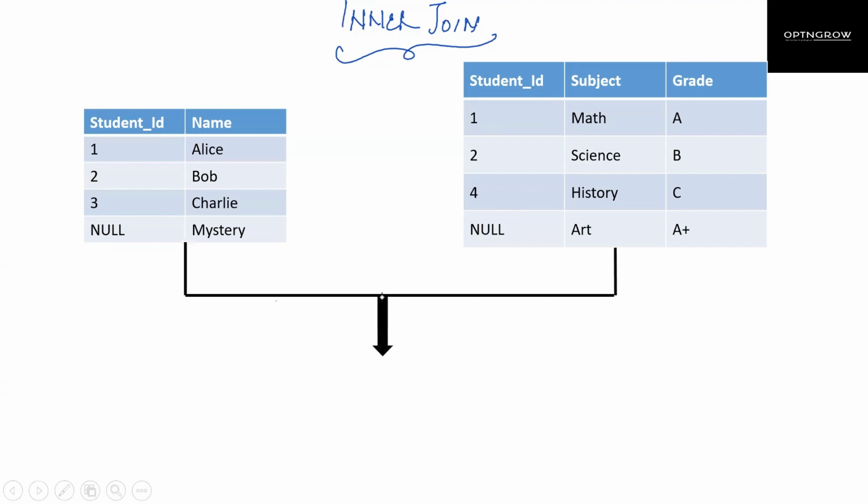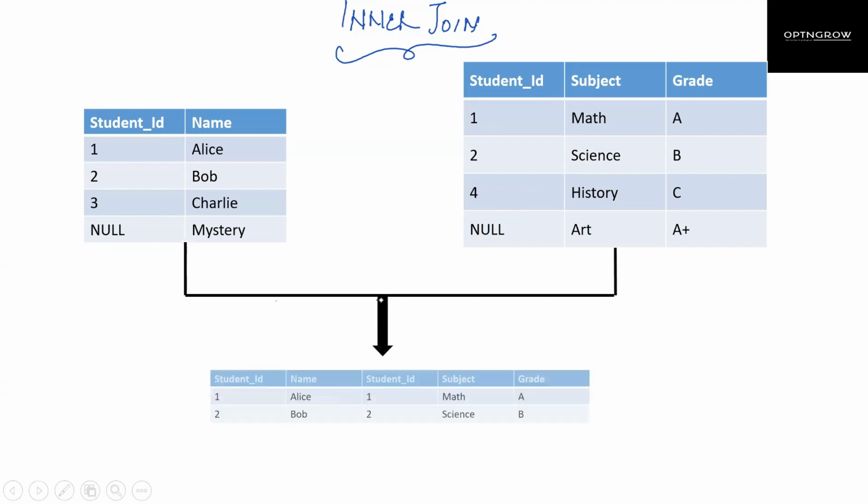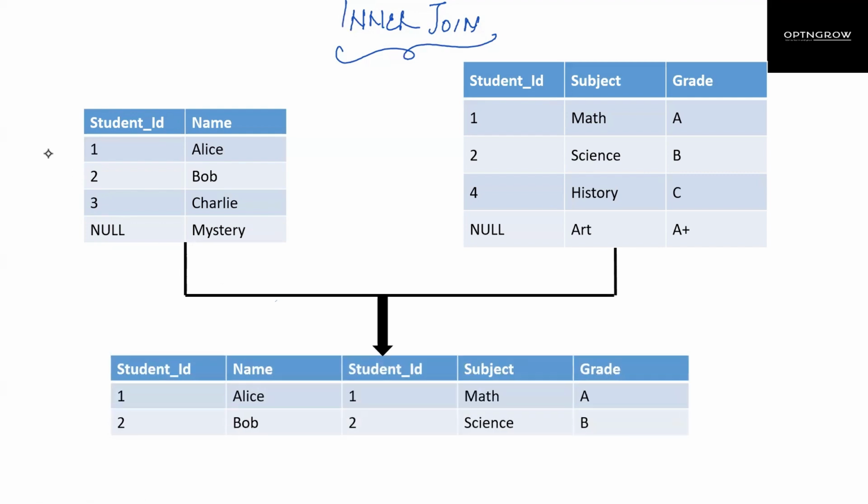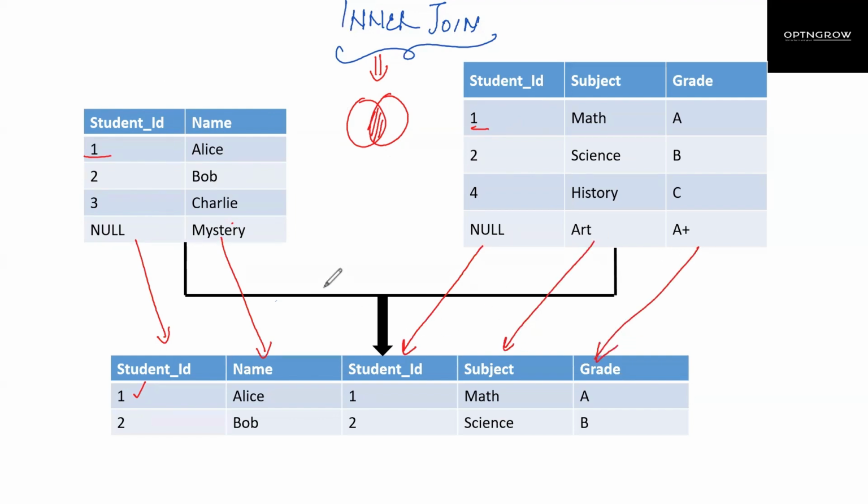If we join these two tables, this is the outcome that we are going to get in case of inner join. So why this outcome? What is the meaning of inner join? The inner join simply means the common values in the joining column. If you see over here in these two tables, 1 is common, so definitely we are going to get 1. This column is from this table, this column is from this table, and this column is from this table. Perfect. So we are getting 1 because this is common between the two tables.